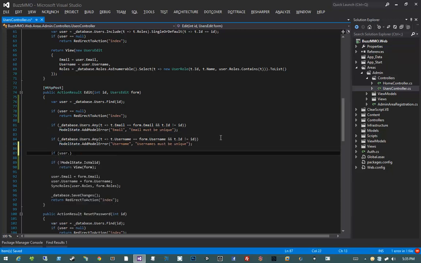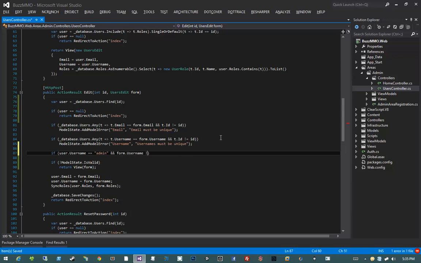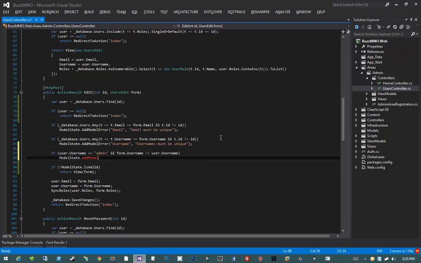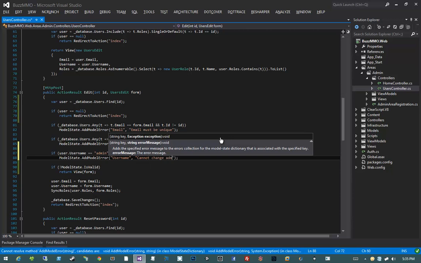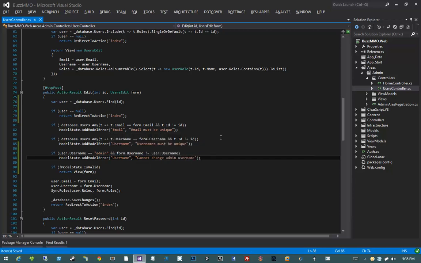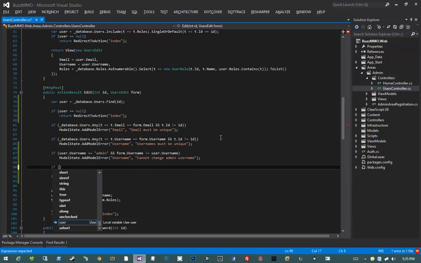So then I'm going to check if user.username equals admin and form.username does not equal user.username, then model state add model error. Username cannot change admin username. There's a variety of ways we can handle this situation, but I don't want to do a massive security lecture and also add in a bunch of other stuff that isn't going to be necessarily required for our purposes. So I'll make sure that the username doesn't change,